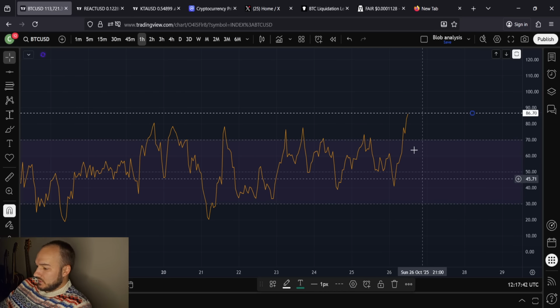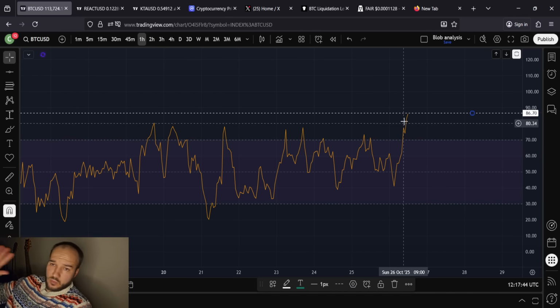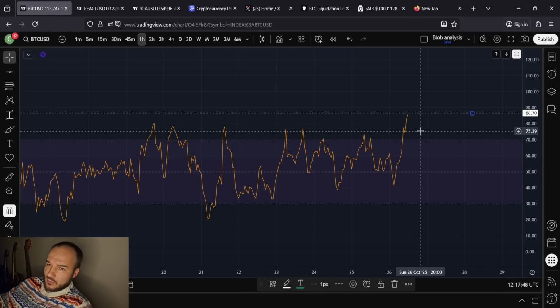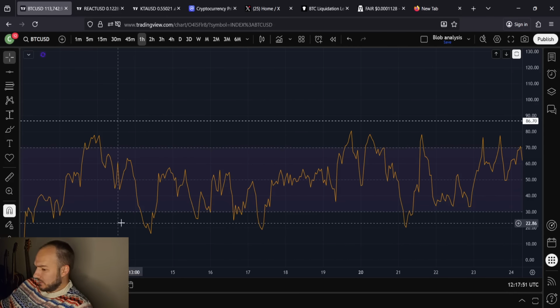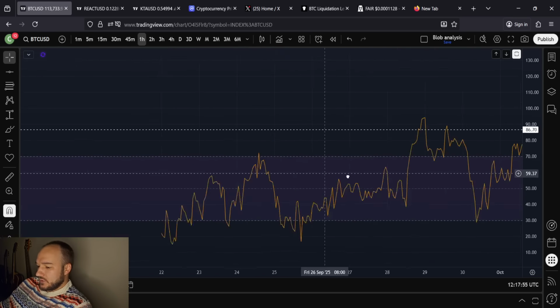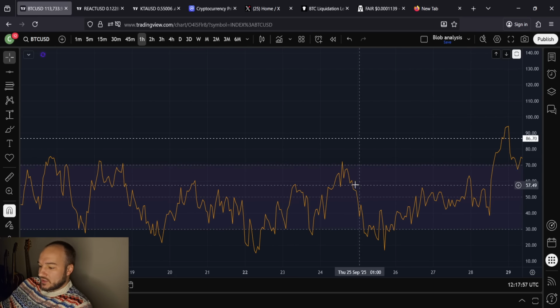You see this? You see how high we are? We're at about an 86. We can go higher. We've been higher before. Let's go to the last time that we were this high or higher. No pun intended. Can we get much higher? Okay, so it was this time over here. So you can see we haven't been overbought in quite some time.